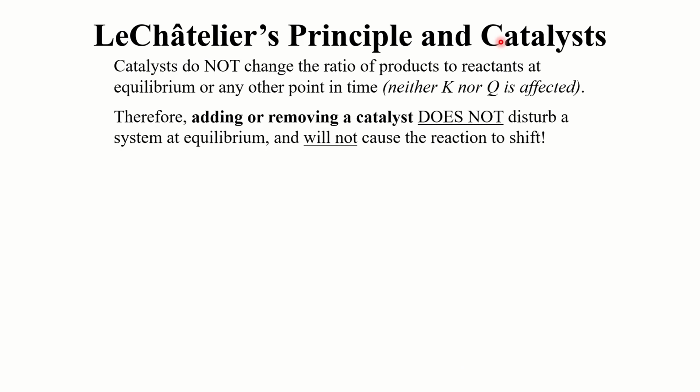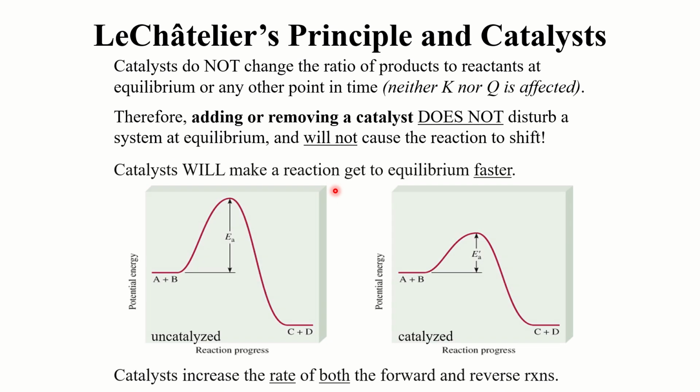All right, let's briefly talk about catalysts. So catalysts, important to note here, they do not change the ratio of products to reactants at equilibrium or at any other point in time. Neither K nor Q is affected. Therefore, adding or removing a catalyst does not disturb a system at equilibrium, and it will not cause the reaction